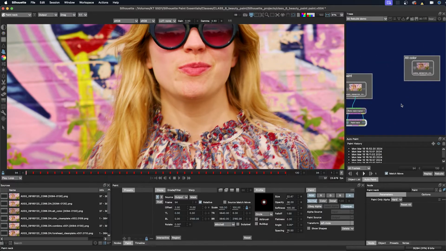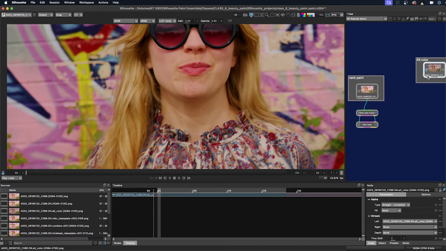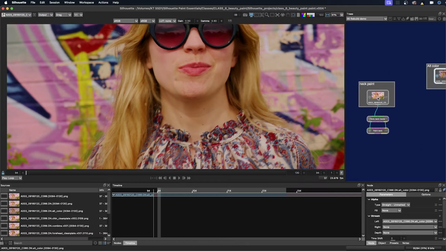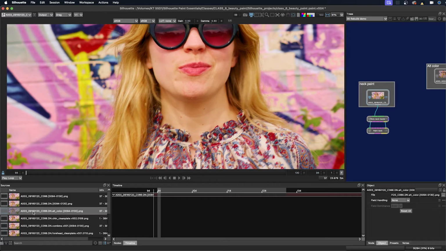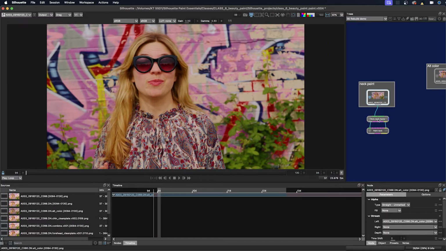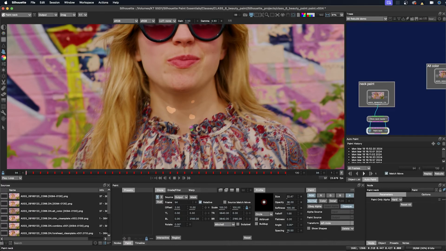If I bring in my new plate, it's darker. Is my paint going to match? So if I click on my source, I'm going to replace my old source with my new source. Here is the original source. I'm going to go down to my sources window and pick the alternate color plate. I made a little test plate here. I'm going to hold down the Alt Option key and drag it into the session here. And when you see the plus button, I'm just going to drop it onto there. Then if I check my paint, uh-oh, it doesn't look good because it doesn't match the color.